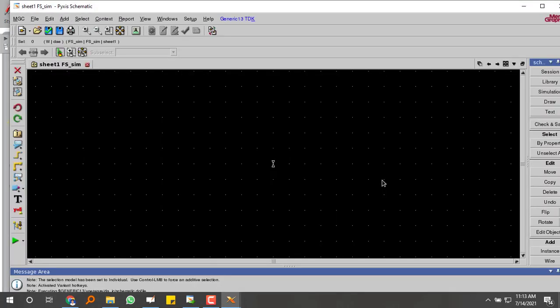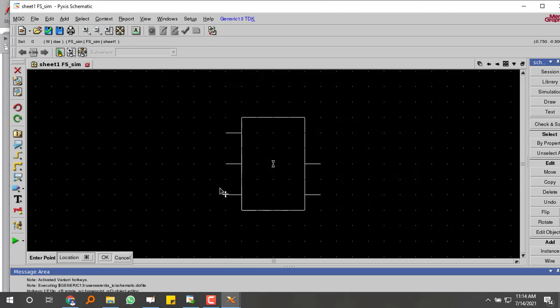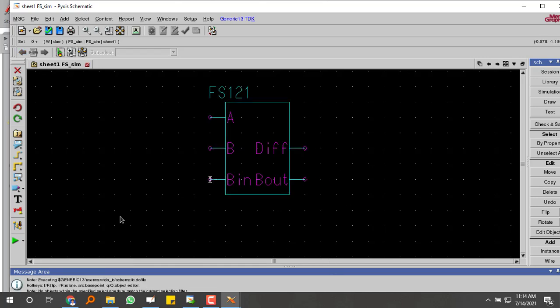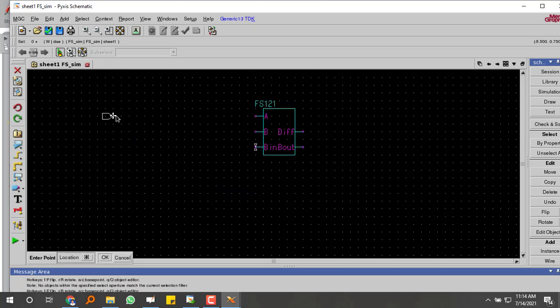Now once it opens, directly I will be calling the full subtractor. Once I called, I already explained you in the previous lectures. Directly, first of all, identify the inputs.